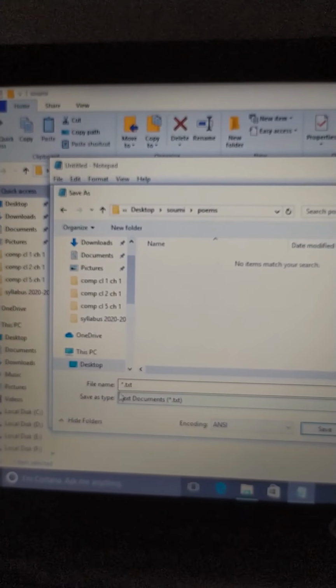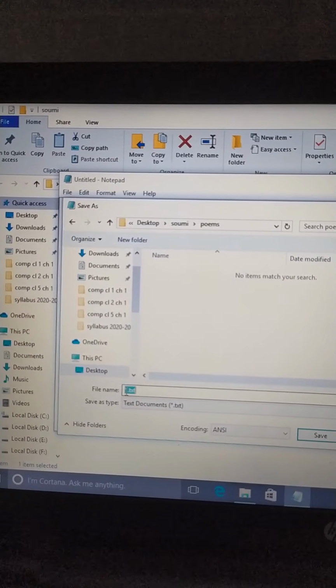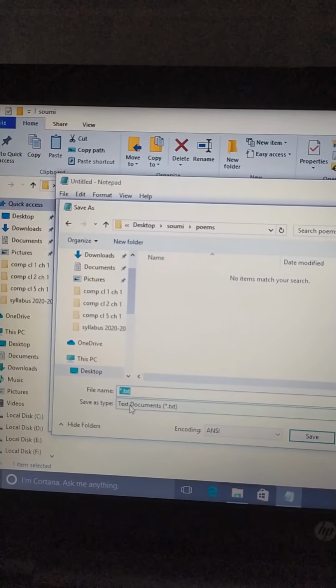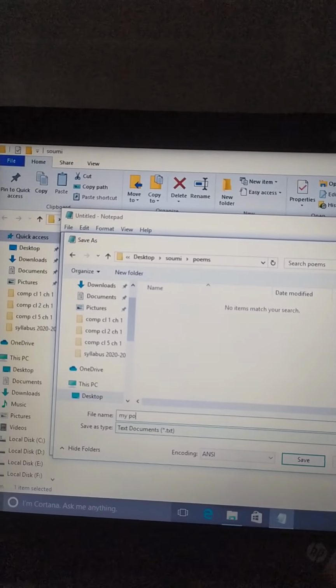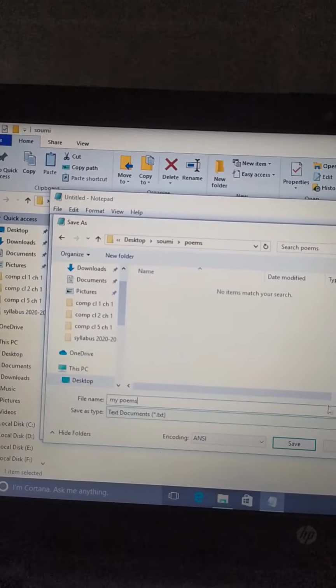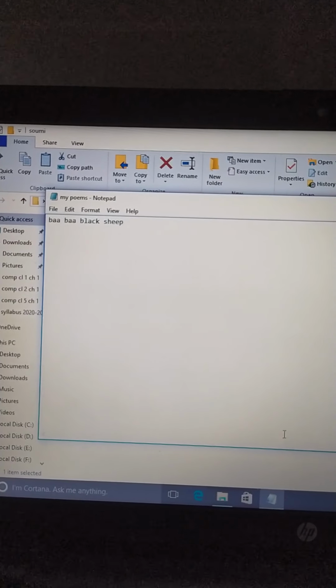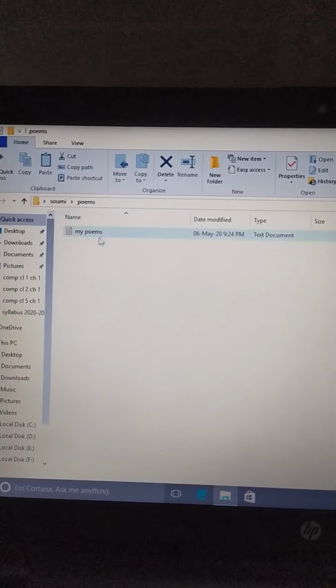Over here we will save our file. We will type my poems. And click save. See, our file is saved over here.